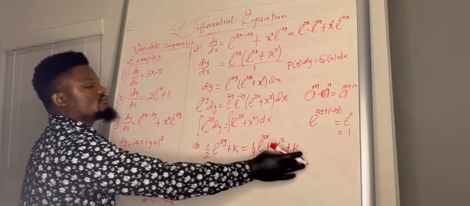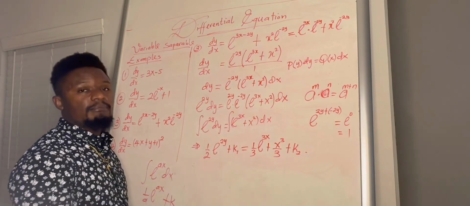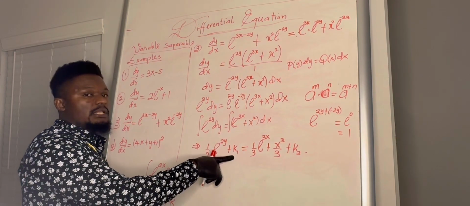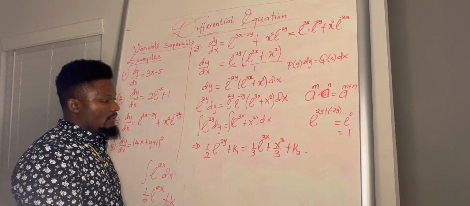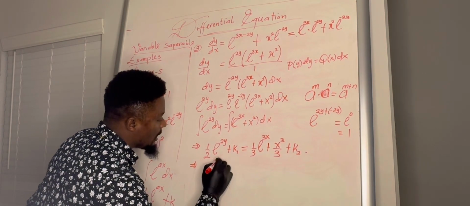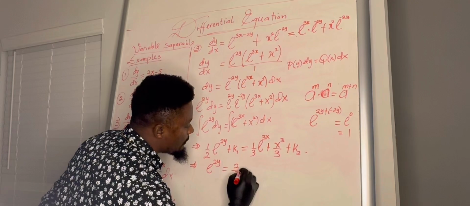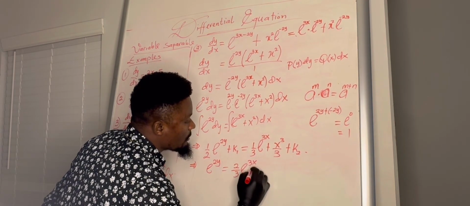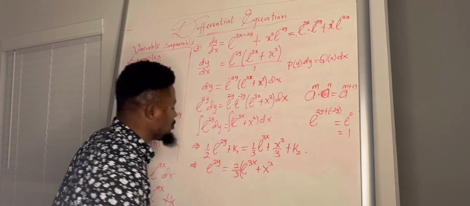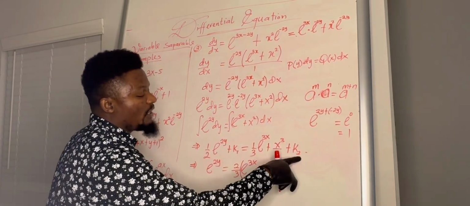I can put these constants together to form a single constant. That's why sometimes you don't bother yourself putting constants all over the place. You just put one constant at the end because it's just going to account for whatever constant that was supposed to be on the other side. So I can go ahead and put this as expo of 2y equal to 2 over 3 expo of 3x plus x cubed. And then k1 goes to the other side to give k2 minus k1